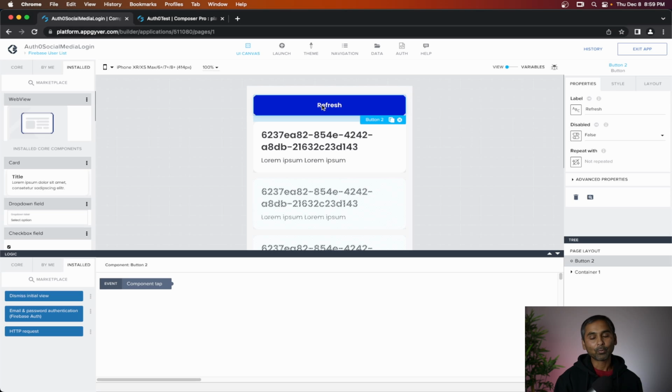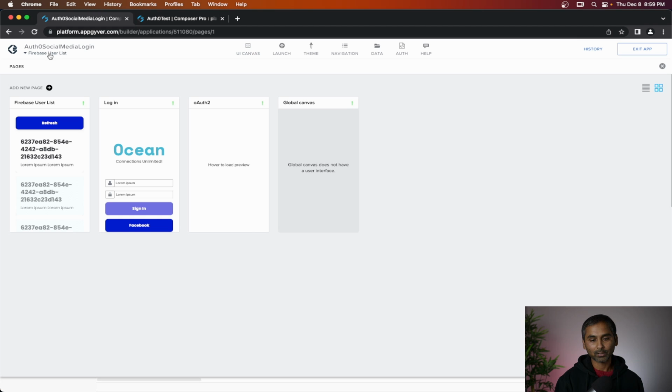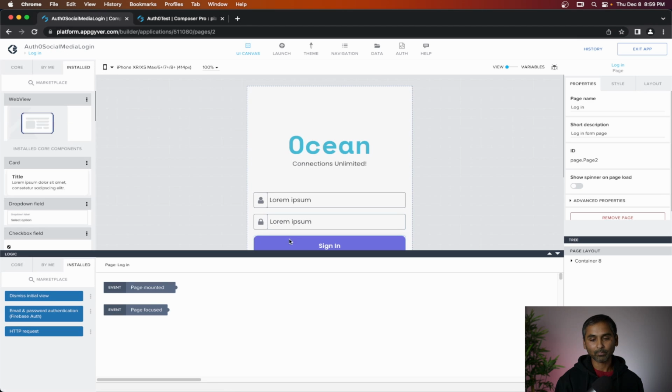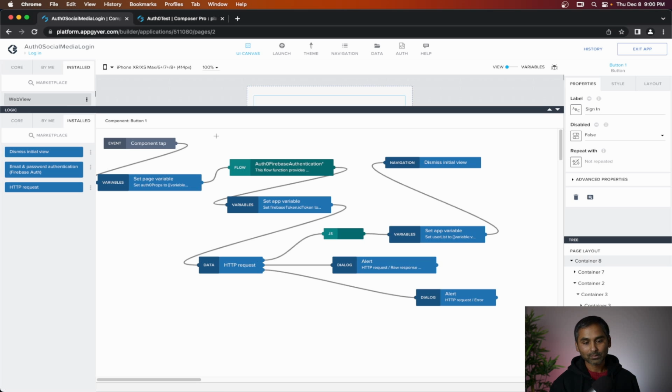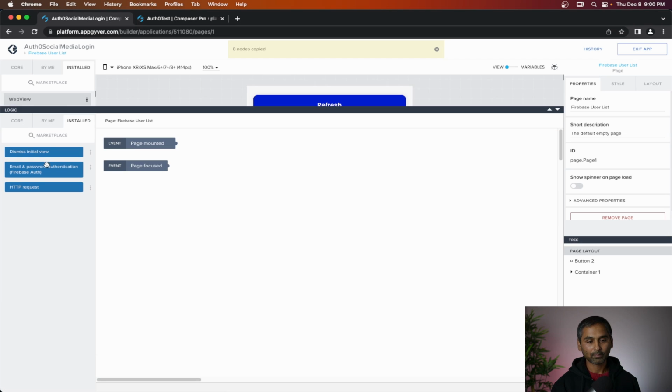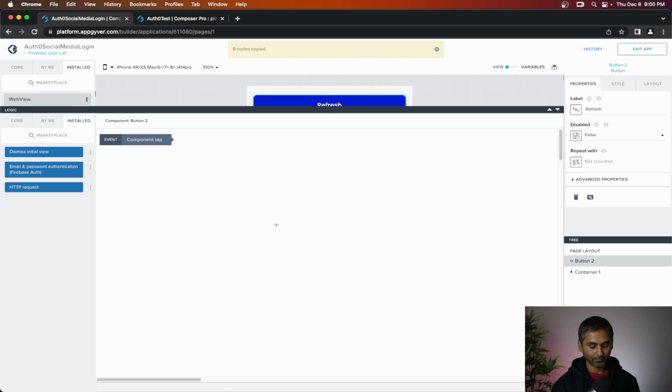Now, again, I'm going to use my code, which I used in a previous example. For that, I will go here in my sign in. We will use this and we'll modify it for our social login. We have to modify it because the first part, to get the access token from auth0, is already covered because we are getting that from Facebook login. So let's copy that. We'll go back to our Firebase user list here. On refresh,